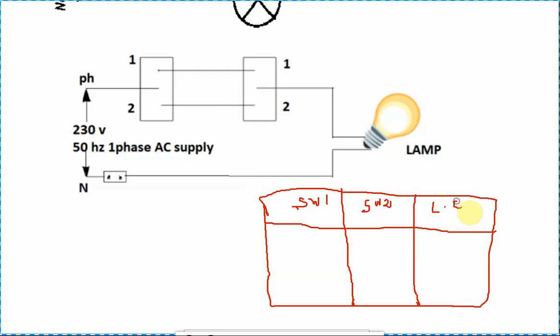What are the possibilities? 1 1, 1 0, 0 0, 0 1. These are the 4 possibilities. Then we want to look at the output. Both switches are in the 1 position: switch 1 is on 1, switch 2 is on 1. What is the output?